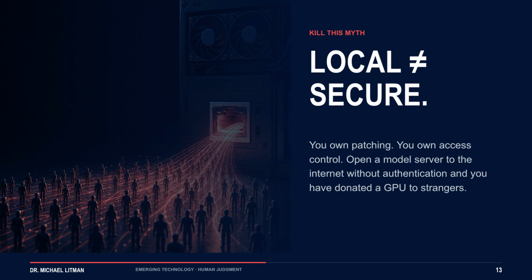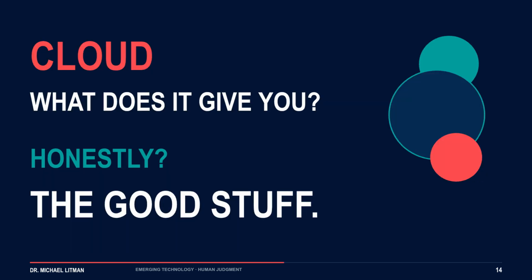And there have been plenty of people who spun up a local model server, opened a port so they could hit it from their phone, and left it sitting there on the open internet with no authentication whatsoever, which is a very expensive way to donate a GPU to strangers. Running it yourself means the security is your job now. It's not a feature. It's a chore you inherited. Congratulations. Okay, cloud.